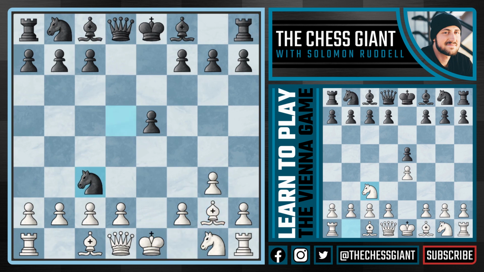Well, against knight takes c3, we're again going to take towards the center of the board. You usually want to take towards the center of the board. That's the common chess strategy used. We don't want to take away, but take towards the center, fight for the center of the board. And on top of that, it's very easy to activate our rook with rook b1, attacking b7 whenever we play